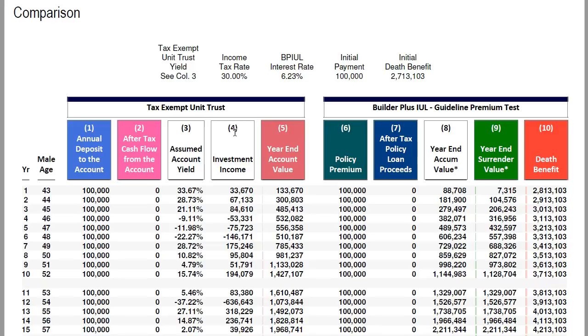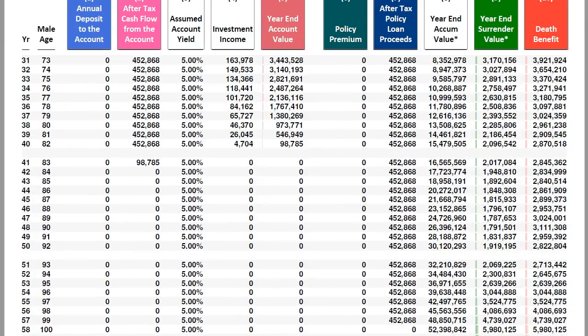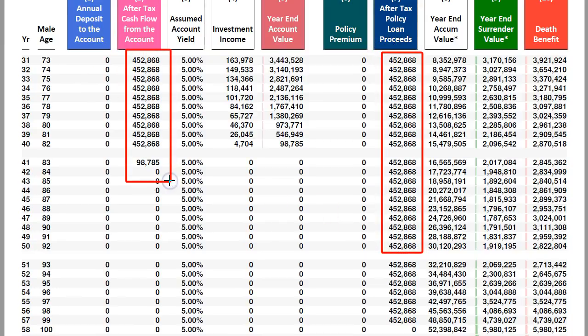What I am saying is on a risk-adjusted basis, meaning the IUL is way less risky than the S&P, because you don't have to worry about negative years. Yes, you still have fees coming out. You don't have to worry about -9, -11, -22. That doesn't happen. So if you can generate more income or the same income for longer in a policy that has less risk, if your goal is maximum income, why wouldn't you consider the policy that